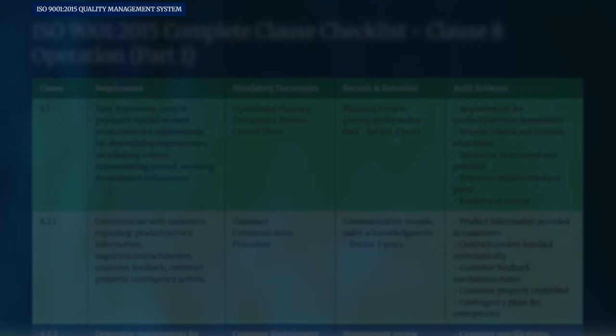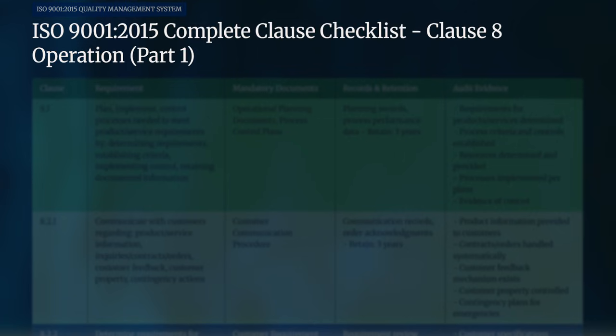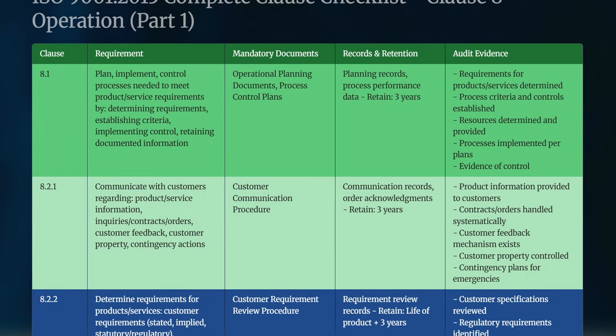We are continuing with the checklist, ISO 9001:2015 complete clause checklist. Now we move to Clause 8, Operation, which is the heart of the standard. So we start with Clause 8.1. It requires you to plan, implement, and control processes needed to meet product or service requirements by determining the requirements, establishing